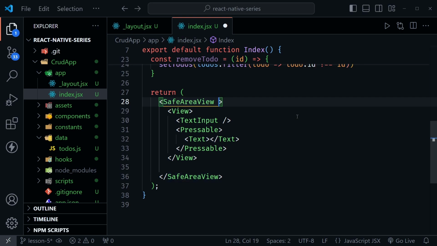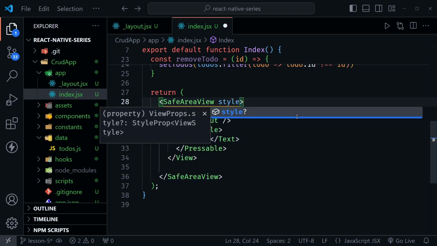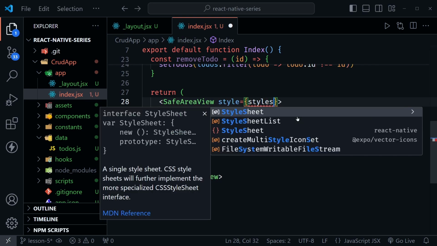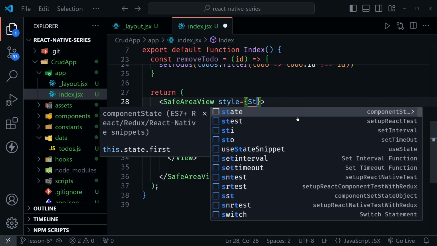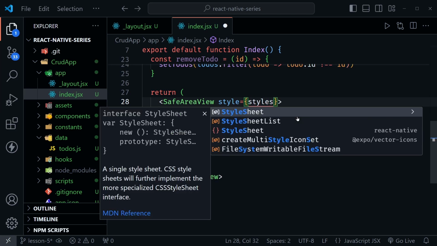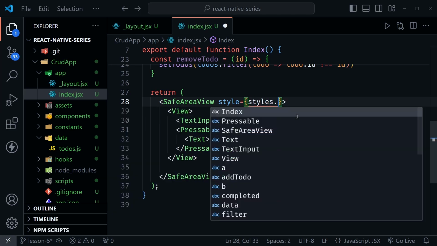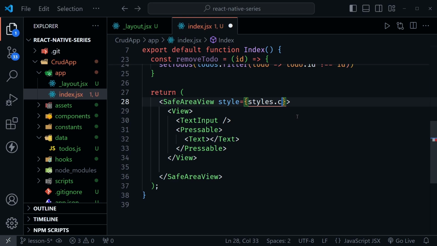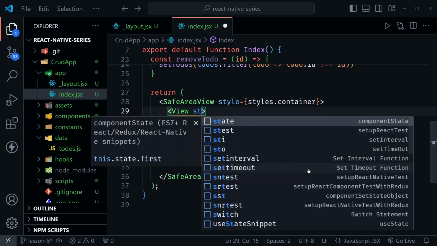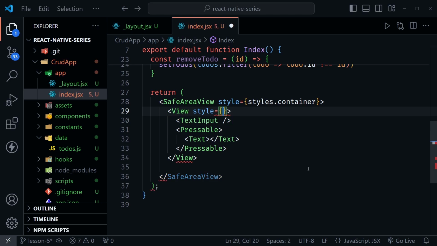I'll start here on our safe area view, so I'll have style equals, and I'll just set the names now, and then we'll define them underneath. Okay, styles.container. So this would be the container for the full view, flat list, and all. After that, the view itself just for the top part. So I'll have style equals, this would be